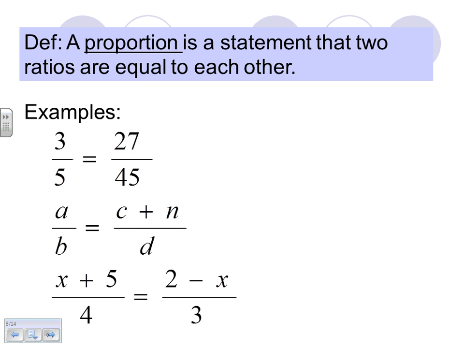So we've already actually done this. 3/5 is equivalent to 27 over 45. This 27 over 45 reduces to 3 over 5. So that's a proportion. It could be ones with variables all over the place, and it could be ones that have a combination of variables and numbers. This one we wouldn't be able to solve, but we'll remember how to solve the ones on the bottom. To do that,